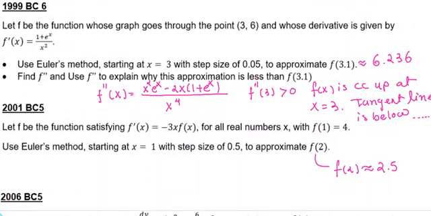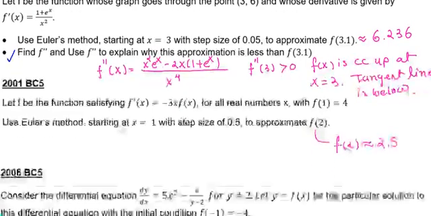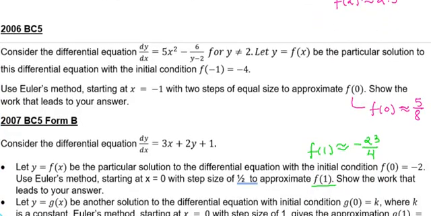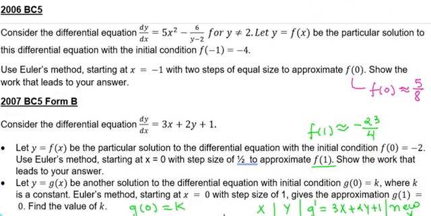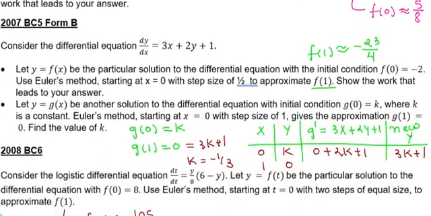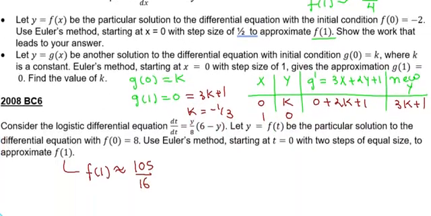Now, the extra part is that sometimes they ask whether the approximation is less than or greater than. And this is where you have to do the second derivative part. You have to find the second derivative, substitute the value, and explain the answer. So make sure you know how to do the second derivative piece as well. All these answers are posted again in the files. You must know how to do this. You must know all of these questions.